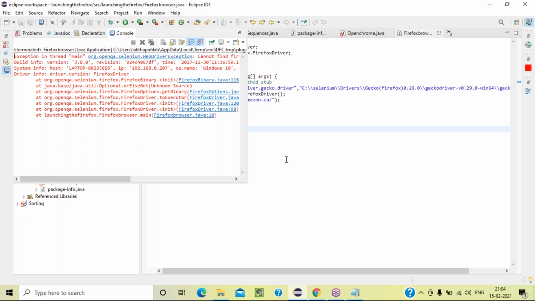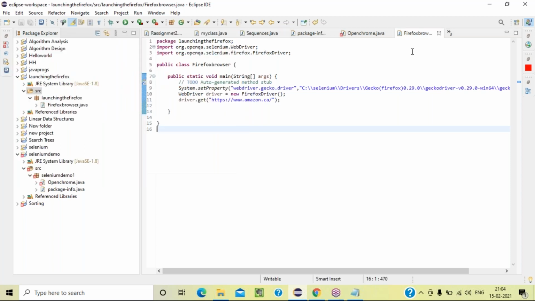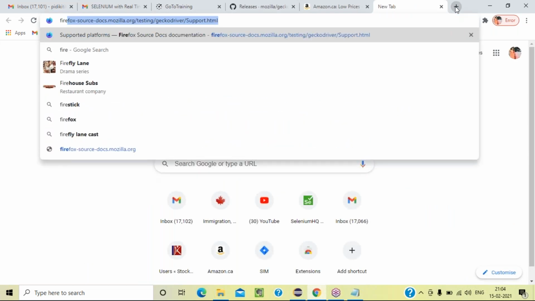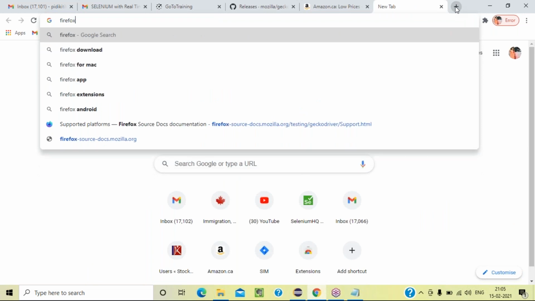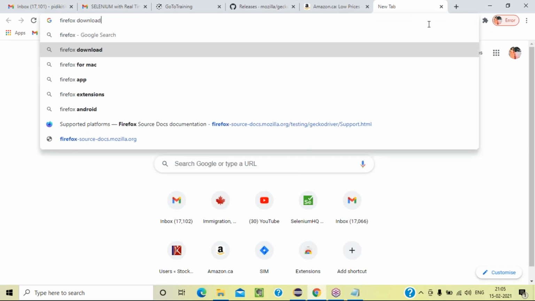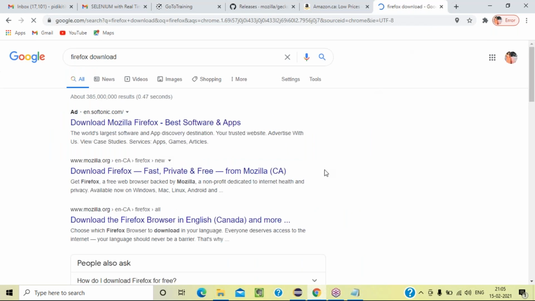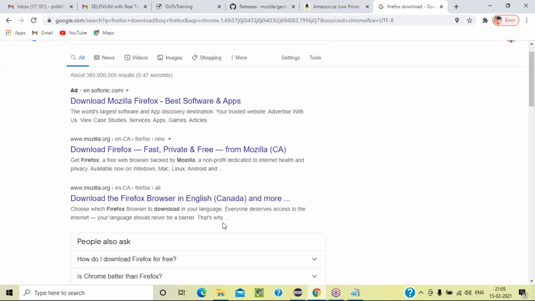Hey, do you have Firefox in your system? Make sure that you have Firefox. No, I do not have Firefox. Okay, can you install that one? Go to Chrome. Yeah, no problem. Don't panic, okay? It's Firefox errors only we require. Download Firefox. Okay, download the Firefox. First this one, download Firefox English Canada. Anything, okay. Download.